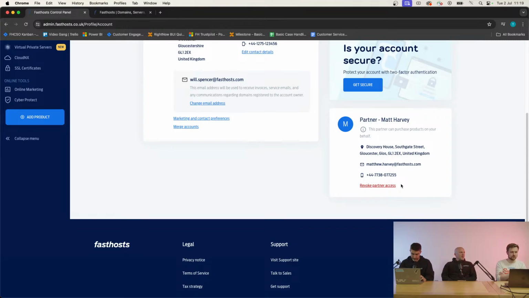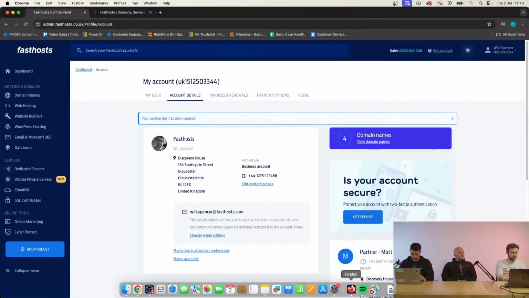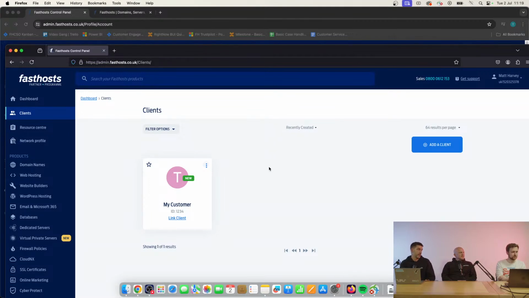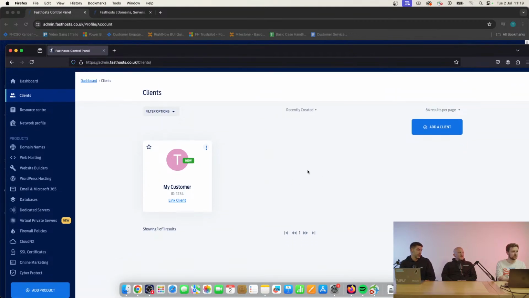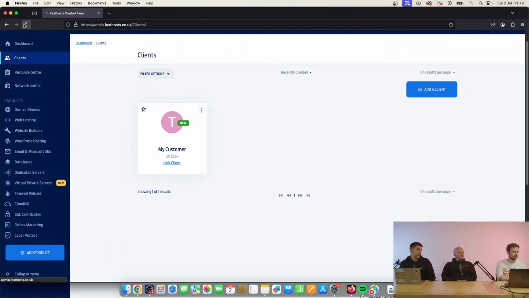Okay, if we go back now to the partner account. So we can now see, if you hit refresh now. Might need to refresh. Right. Okay, so the profile then, we can see that my customer has changed from link accounts to manage accounts. Now that means that the connection has been made, it's been agreed. As a partner, you'll receive an acknowledgement email to confirm that the link has been made. So even if the customer chooses to do this at some point later, rather than whilst you're talking to them, for example, then you will get confirmation that that's happened,